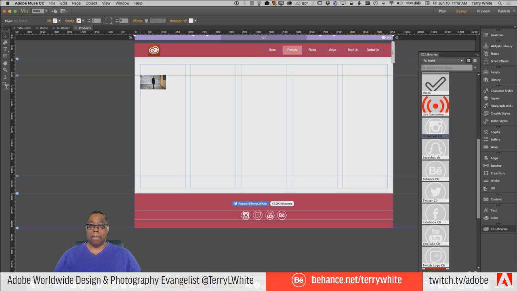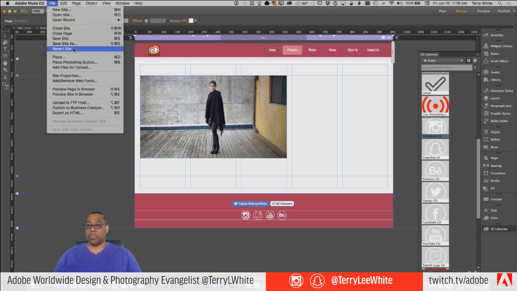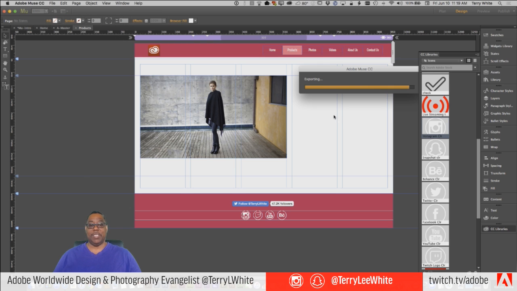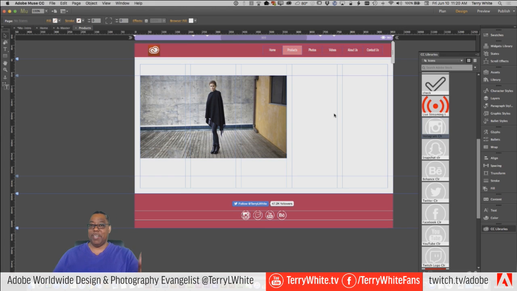So why would I place a PSD? PSDs normally don't work on the web, right? Because browsers aren't really rendering PSDs these days. But that worked. I'm looking at it in my browser. It rendered it. Because just like everything else, Muse is making the graphic on the fly. So it made the JPEG for this image. Then, Terry, why bother with a PSD if it's just going to make it a JPEG anyway? What advantage is there to having a PSD in Muse?